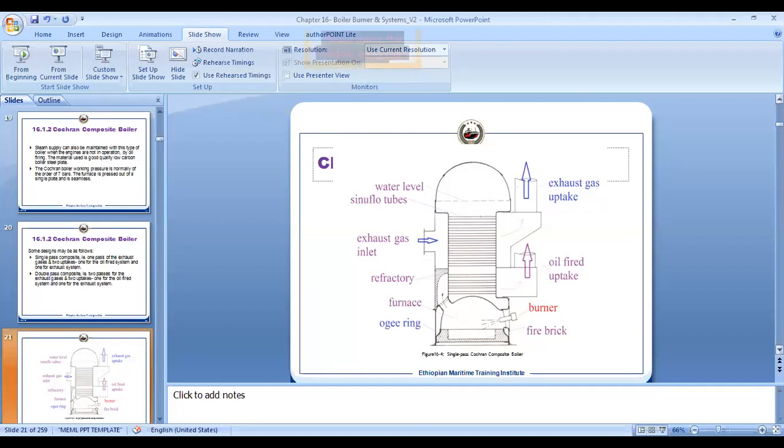Which one is good? The horizontal arrangement or the vertical arrangement? I would say the horizontal arrangement, that is my opinion only. The horizontal arrangement may be better because the exhaust gases or the flue gases from the furnace stay inside the tubes longer than if it was vertical. If it is vertical, it will just flow out straight away.